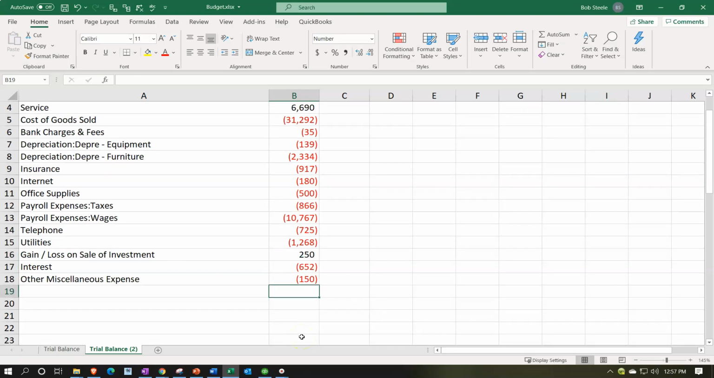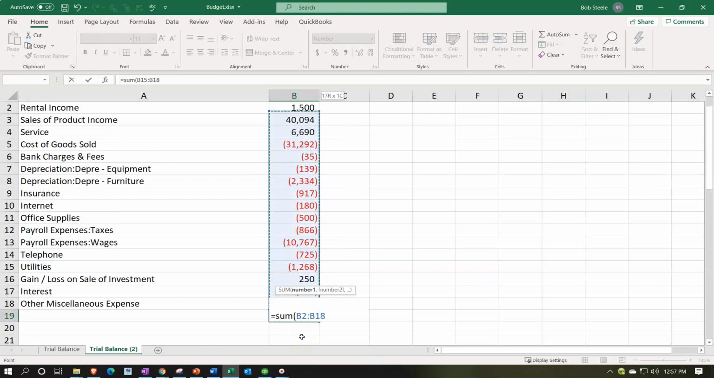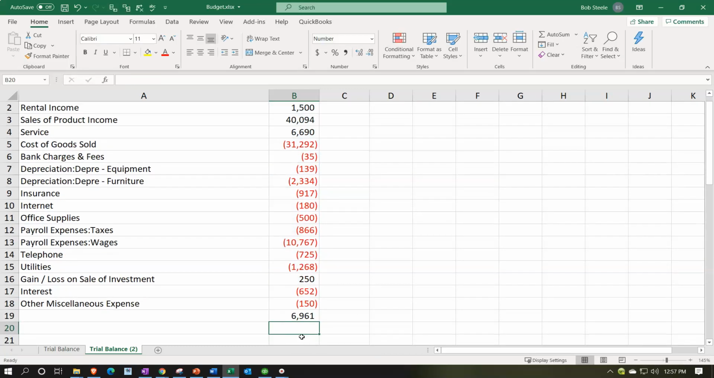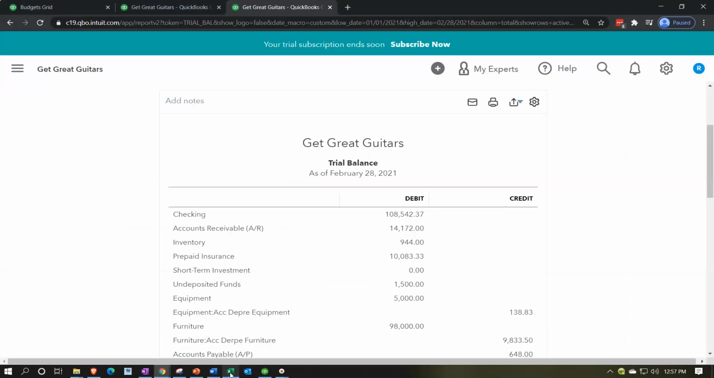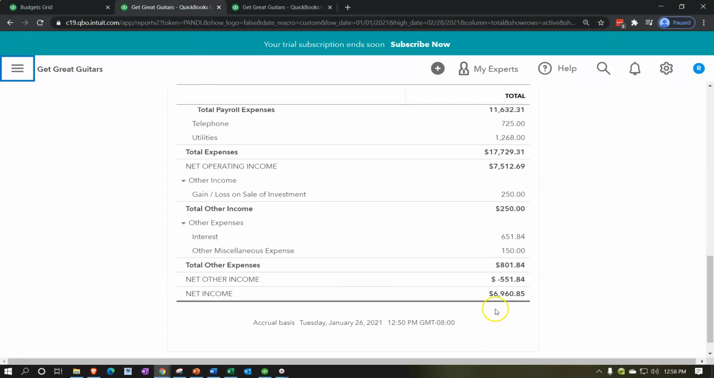And then this is going to be the net income, equals the sum of this. There's the net income, hopefully. Let's check it out by double checking it to what's on QuickBooks over here. So if I go back to QuickBooks and go back to my P and L here, we got the 696085,